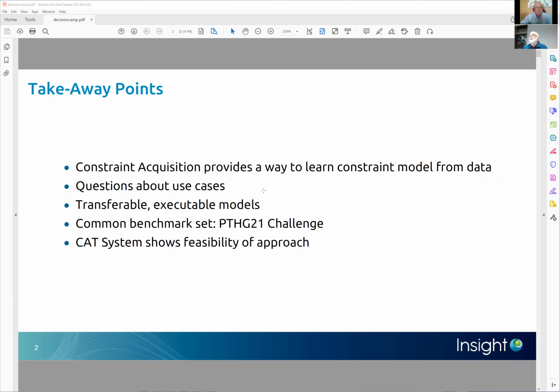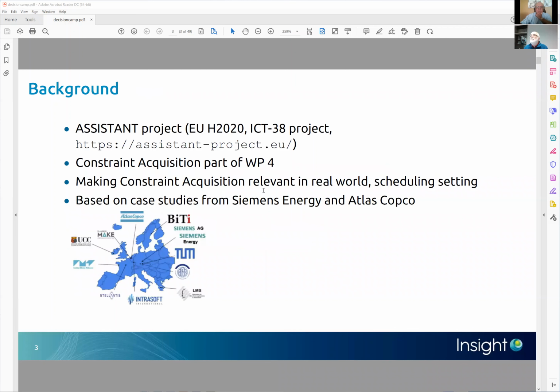different input variations. We have developed a benchmark set for this type of problem, and we used that at a workshop on the progress towards the holy grail of programming this year. And my system, the CUT system, basically shows the feasibility of the approach, but it's still early days. The background of this is that I'm working in the Assistant project, which is a Horizon 2020 project of